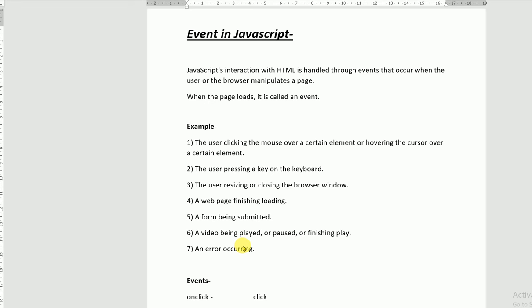Like we are taking an HTML form and we enter the first name, last name, Gmail ID. So in different input areas we take input through HTML, but we need to validate whether the entered first name is right or wrong. This validation is done by JavaScript with the help of events.